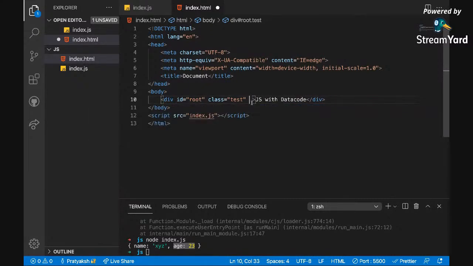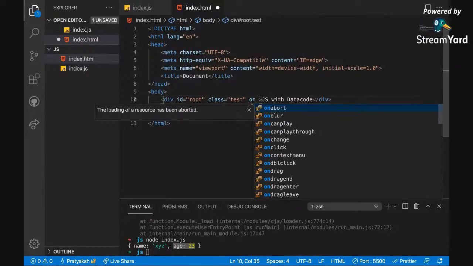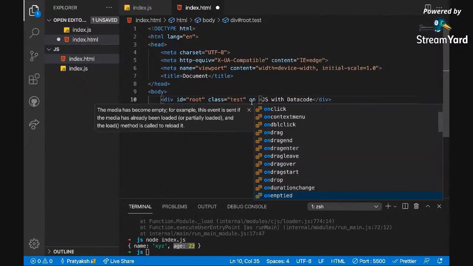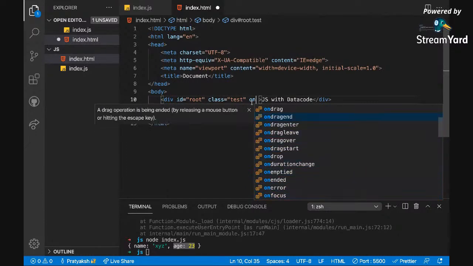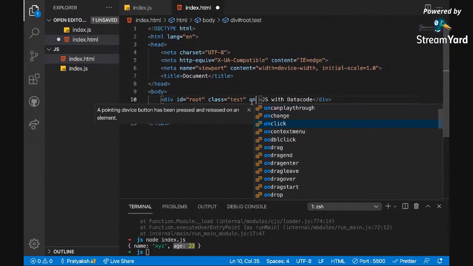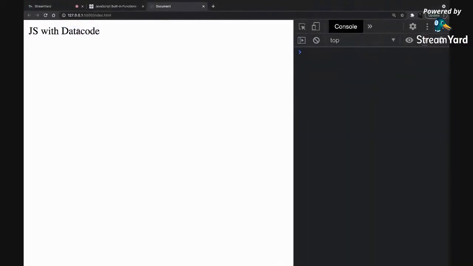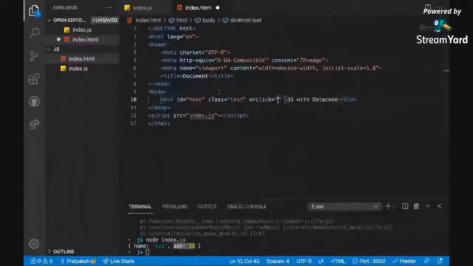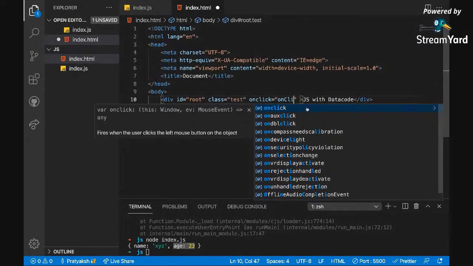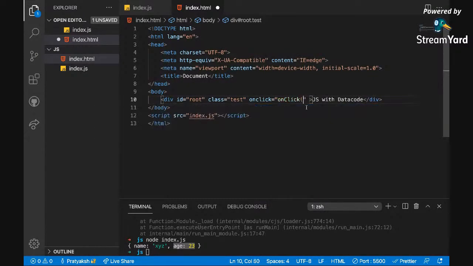Click is one event, so I can say onclick. These are all the different events that an element can get. If I say onclick, it means whenever someone clicks on this, you need to do whatever is given in it. In our case, we have named it onclick.